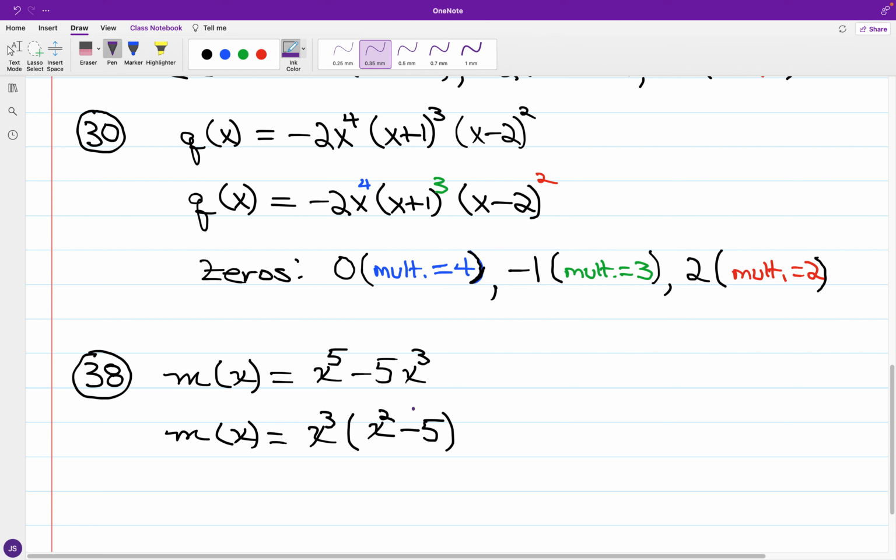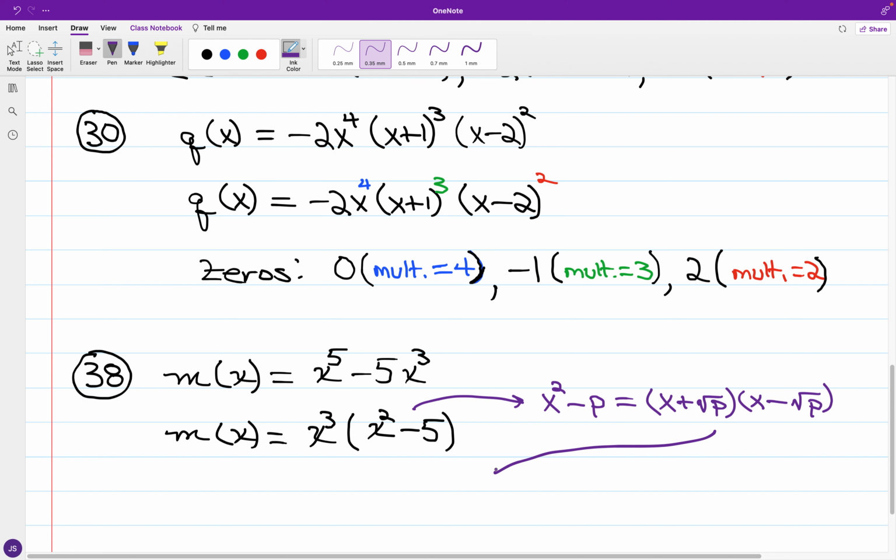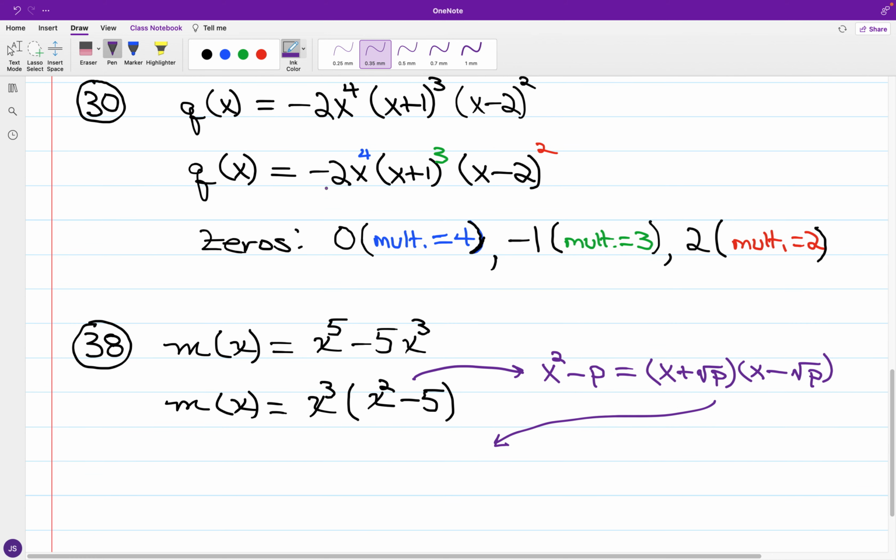And in terms of drawing out the zeros, now 5 is not a perfect square value in the integers, but we're going to treat the difference binomial as what we have with the difference of squares. So for difference of squares, we have x squared minus p, and for the breakdown this would be x plus and x minus the square root of p. And so for what we have in following through,